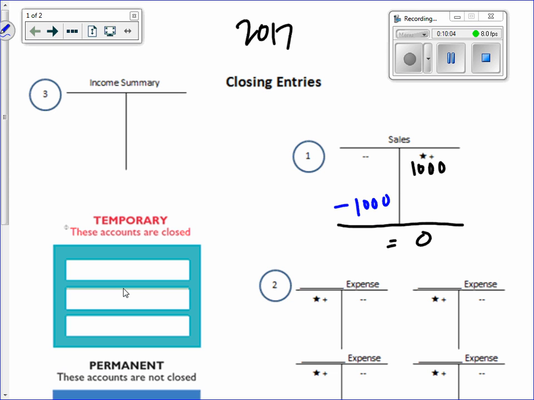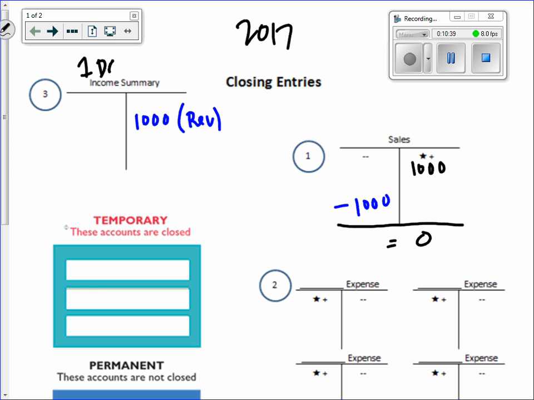What else needs to partner with this $1,000 somewhere? Credit. Where? Look in your little notes that you wrote down. We're closing sales into what? Income summary. So I've got a debit of $1,000. We're going to put the credit in income summary. And now let's talk about income summary a minute. I want you to put revenue next to that. Income summary